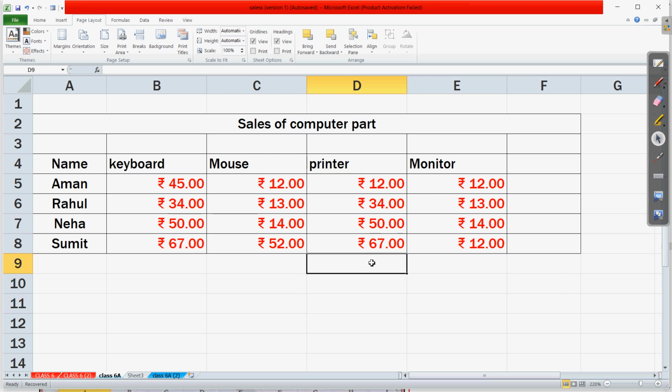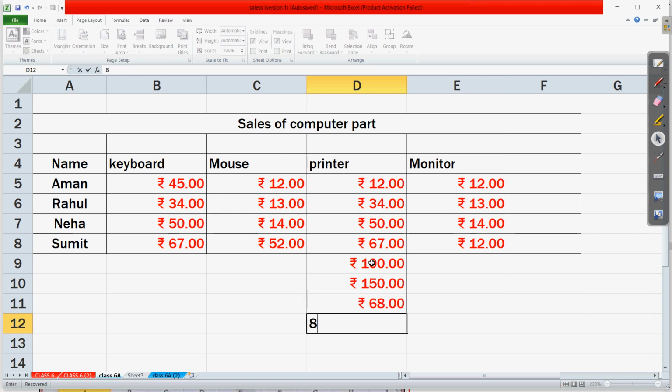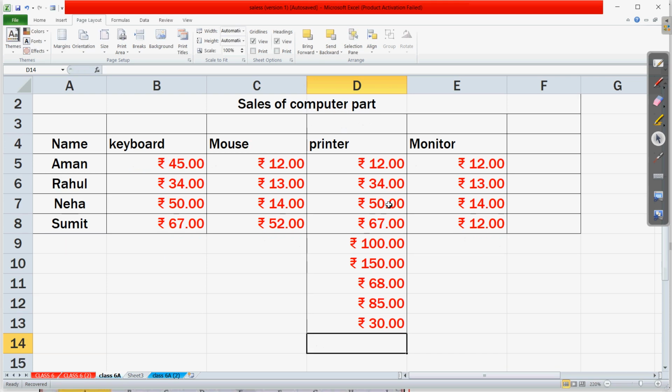Let us write a few more. For example, if I enter 100, then 150, 68, then 85, then suppose 30. Suppose these are the numbers, and I want conditional formatting to be applied to these. So let us select this first.